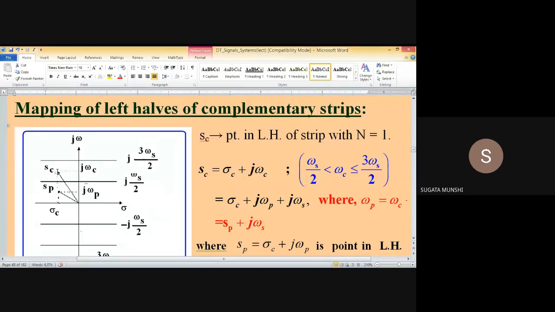Just see here, SC is a point in the left half of the complementary strip with n equal to 1. First, let me explain. So if SC is this point in the strip corresponding to n equal to 1,